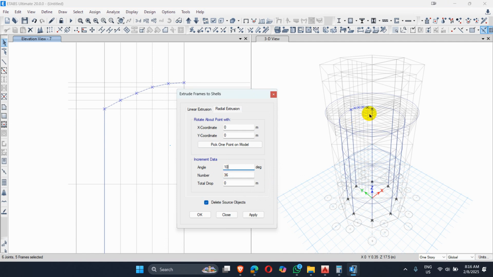Now we have to copy this into the whole periphery. It means up to the circular one, to the angle of 360 degrees to complete 360. So a 10-degree angle with 36 number of segments. It means it has completed 360 degrees. And let me delete the source object because the source object is a beam. So I have to change it into the slab. So let me click apply